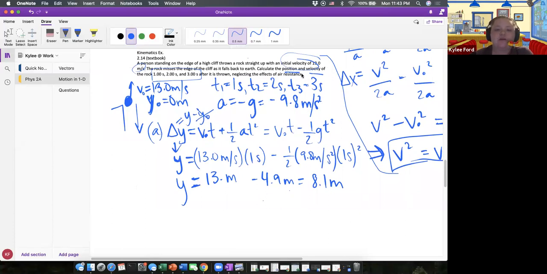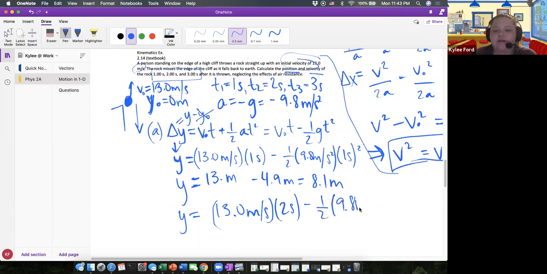Now, if we want to look at our position in our second, so when t equals 2, I will do the same thing. y equals 13.0 meters per second times 2 seconds, minus 1/2 times 9.8 meters per second squared, times 2 seconds squared. So 13 times 2 is 26